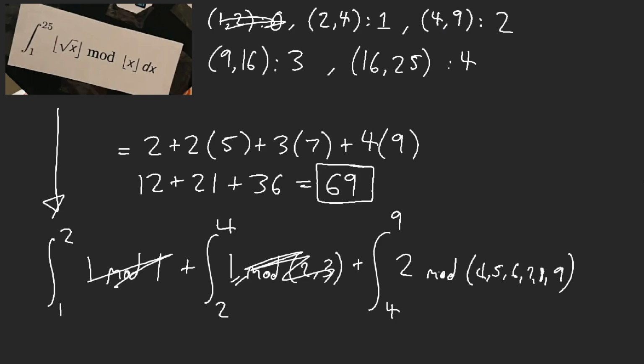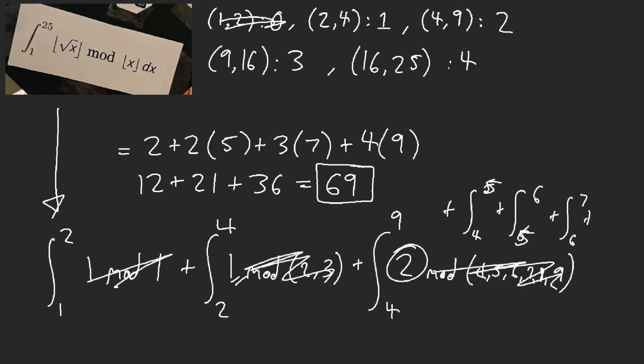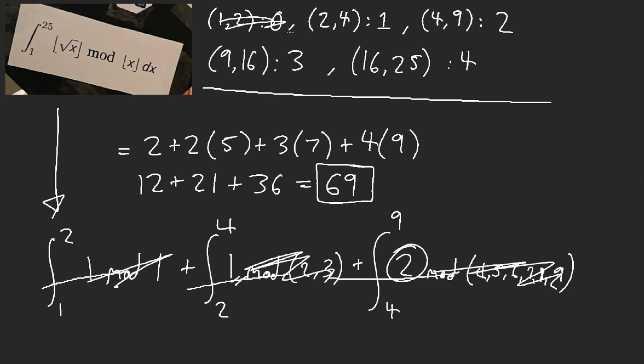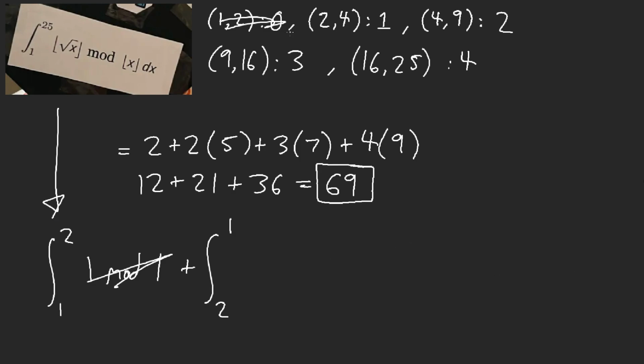No matter what it is, you're going to keep getting a congruence of 2, so you might as well combine it and go from 4 to 9, rather than going 4 to 5, 5 to 6, 6 to 7. Instead of writing it like this, you could just go like this instead. So that's why this is the normal way, but I'm too lazy to rewrite this whole integrand, so that's why I do it in a list like this, just because it's a lot faster to write.